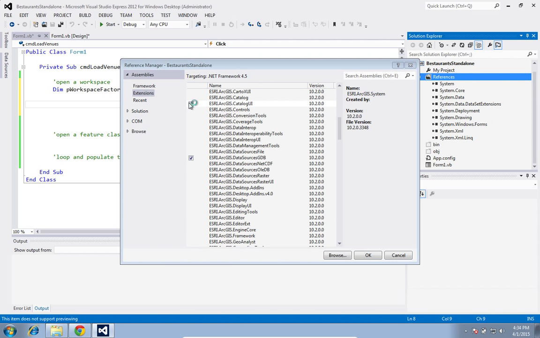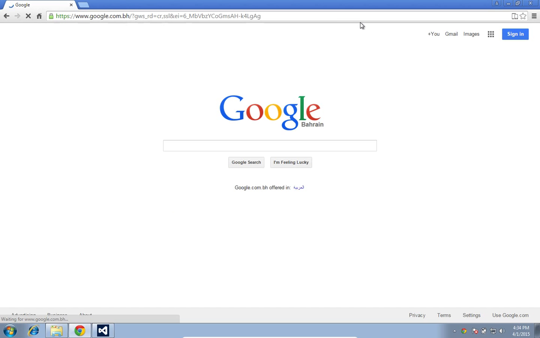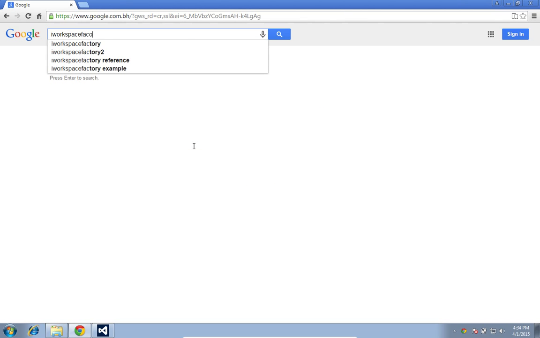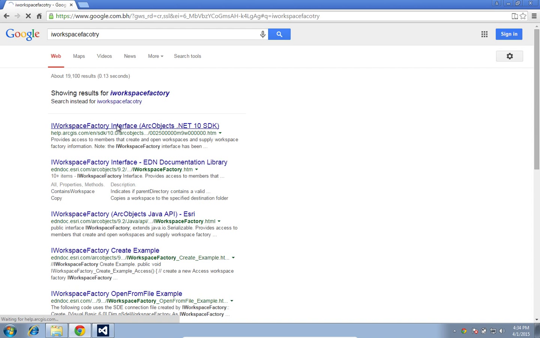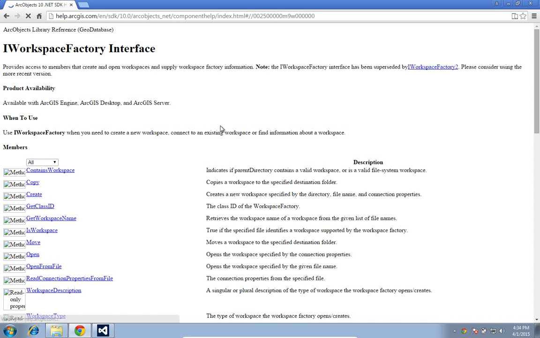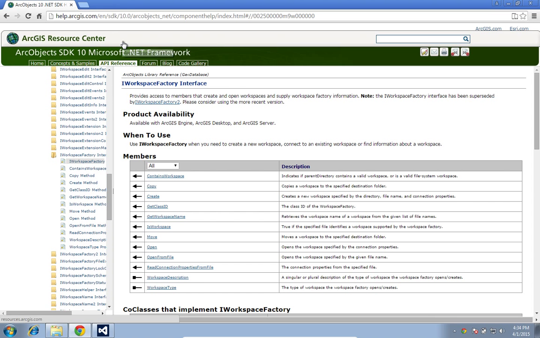Let me see if I can teach you how to do that as well, right? Might as well. So let's say, for example, I want to know on which reference I should get IWorkspaceFactory. So what we do is go to Google, simple, and I type IWorkspaceFactory. This is not a professional method, of course, guys, but this is the fastest method. When you go to the ArcGIS Resource Center,